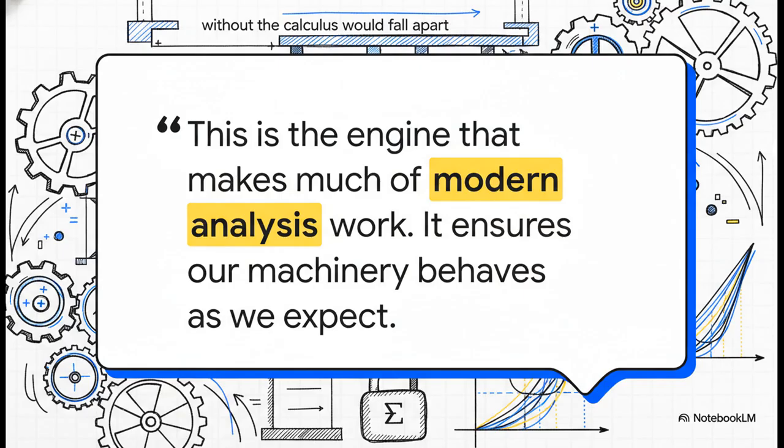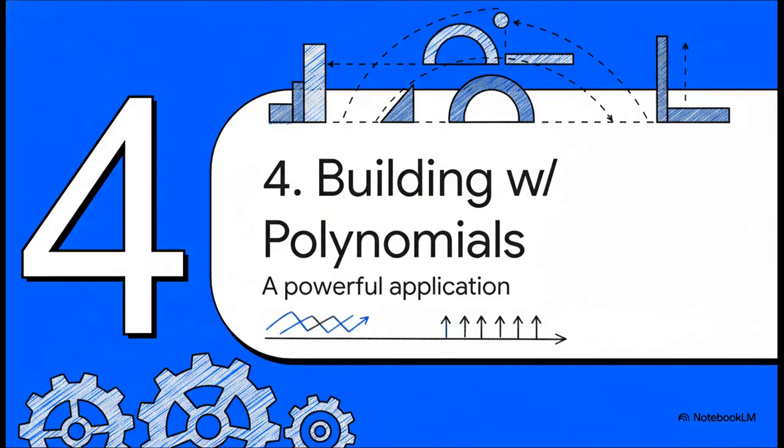I mean, think about that. Without the guarantee of uniform convergence, a ton of the tools that we rely on in calculus and physics would just become totally unreliable. It's the safety check that makes sure the whole machine runs smoothly. So, now that we have this incredibly powerful engine, what can we actually build with it? Well, that leads us to one of the most beautiful applications of all, which we'll look at in section 4,